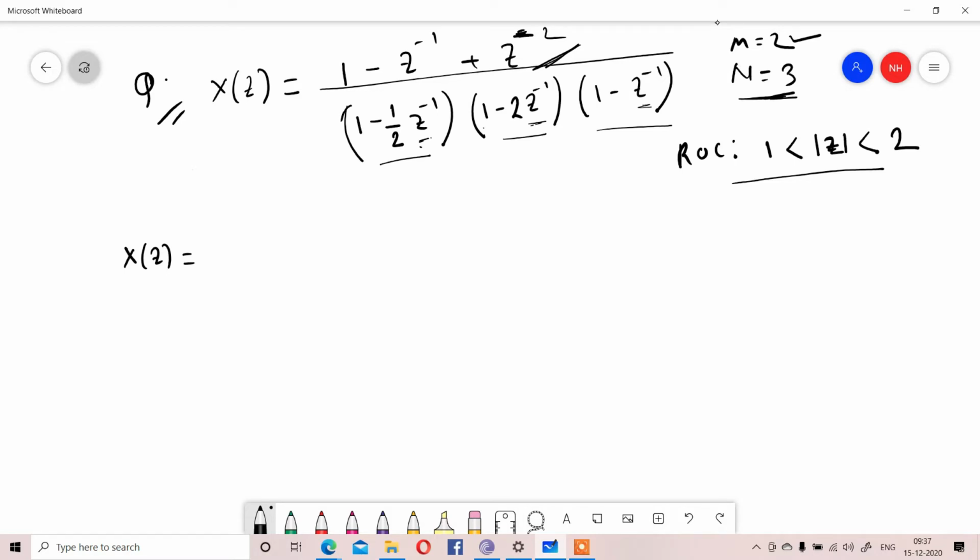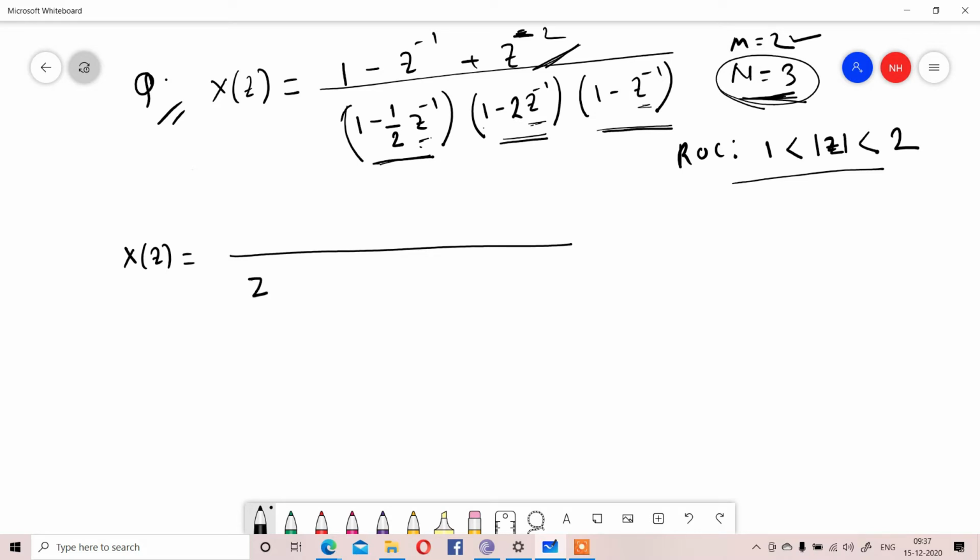So next step is you have to remove all the inverse. To remove that, what you have to do? As the maximum power of n is 3, so you have to multiply both sides by z to the power 3. Both sides, numerator and denominator, you have to multiply by z to the power 3. If we do that, one z will be multiplied here, one z will be multiplied here, and another z will be multiplied here.